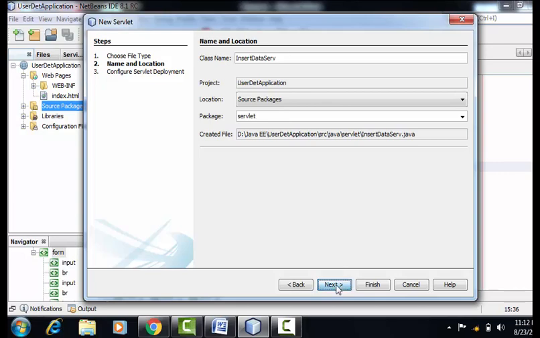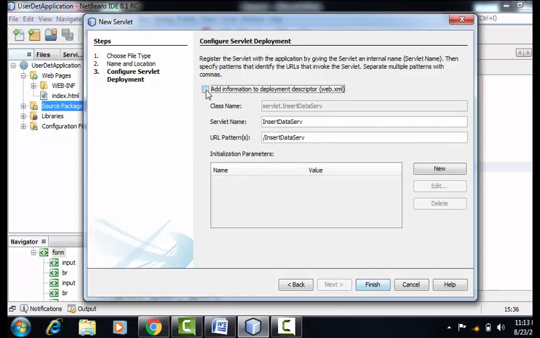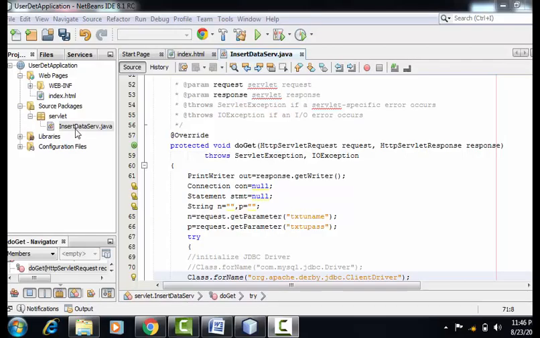Click on next. Check this checkbox so that the information will get added to the deployment descriptor, and click on finish. This is the servlet file, that is InsertDataServe.java.